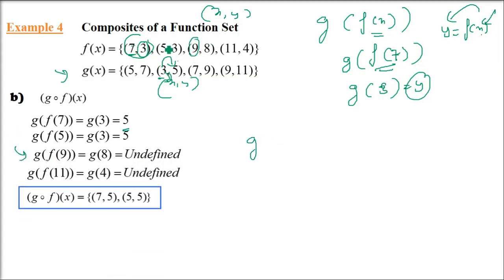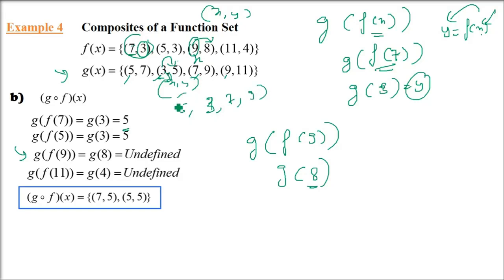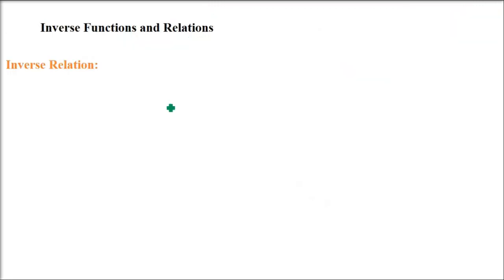g of f(x) we are going to find. We have to take all the domain values, as I said. But for certain domain values, this gof x is not valid. How? I want to do g of f9. For f9, f9 is 8. So g8. Now find 8 here. If you take the domain of g, you only have 5, 3, 7 and 9. So 5, 3, 7 and 9 is the domain. But there is no value 8 here. So how do you find y when you don't even have x here? That is why it is undefined.